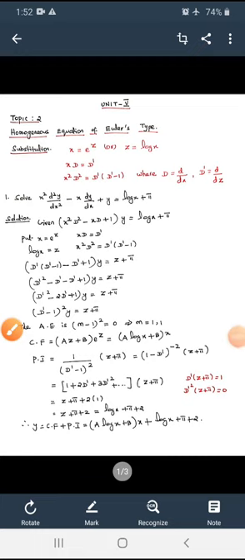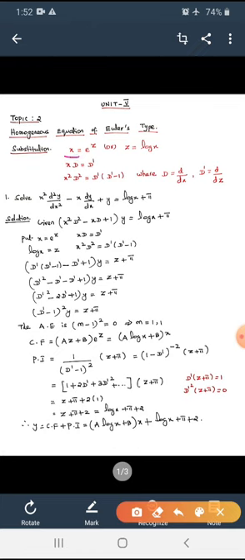Dear students, today we are going to see the second topic in Unit 5, that is homogeneous equation of Euler's type. This type is also said to be Cauchy's type. In this type, we use some substitutions, that is x is equal to e power z. If you take log on both the sides, we get log x is equal to log e power z. Log and e will get cancelled, we get simply z. So that is log x is equal to z.